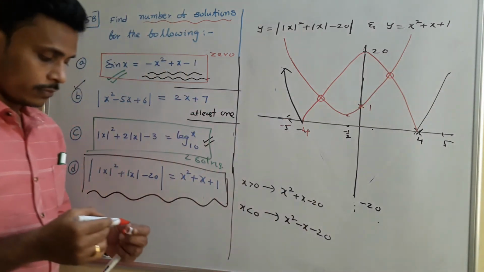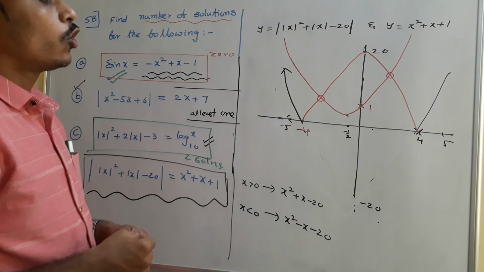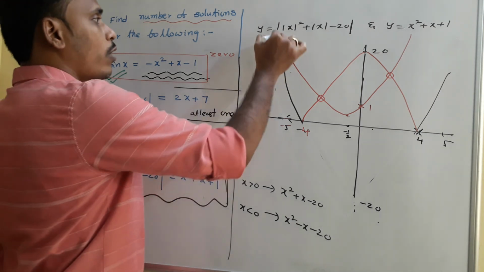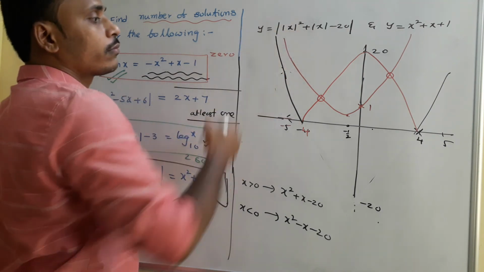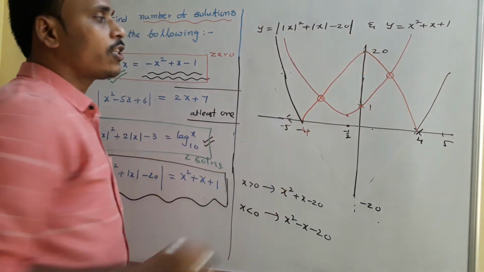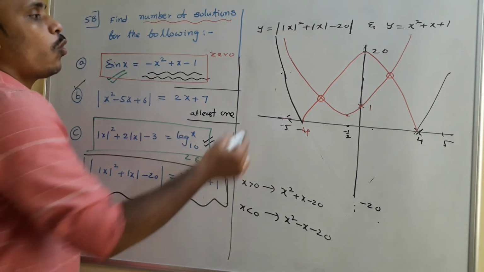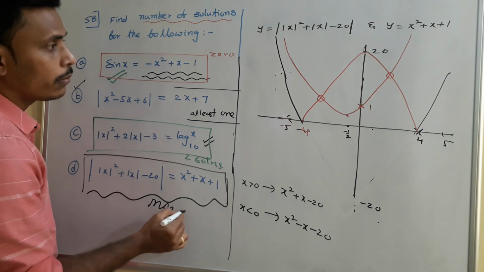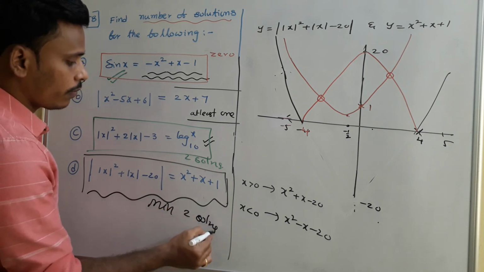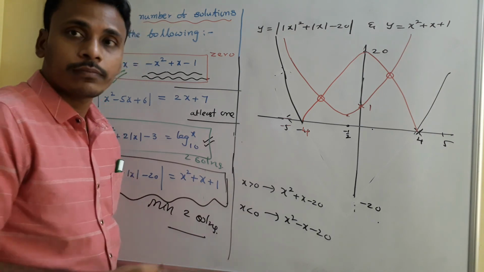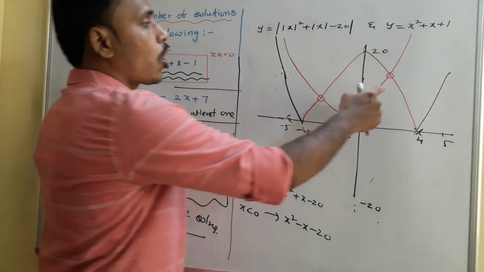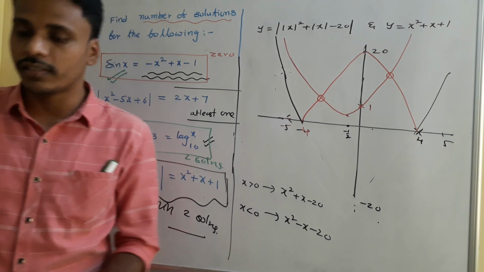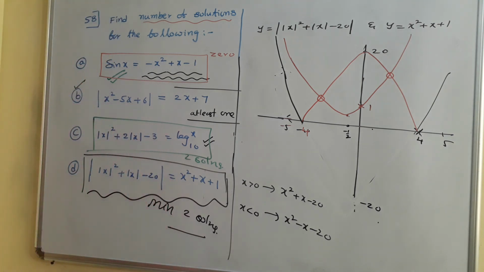Is it right? For sure it has how many solutions? Two solutions. Okay. And we need to search whether these two are intersecting or not at any point. It has at least two solutions, but we don't know whether these two are intersecting or not. So that's why we say that this equation has a minimum of two solutions. More than two solutions may happen. We need to search whether they are intersecting or not, and according to the options we need to choose the correct one. Okay. That's the discussion. That's the way of finding the number of solutions using graphs. Have a look.